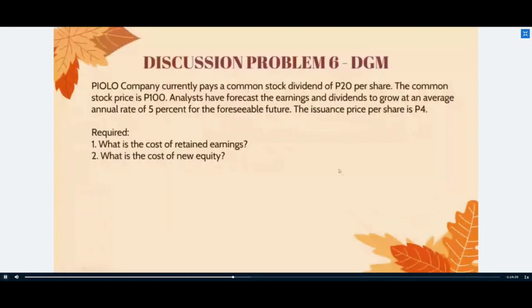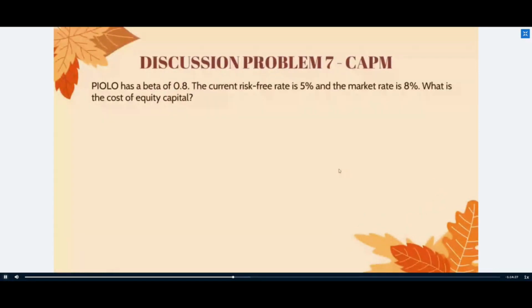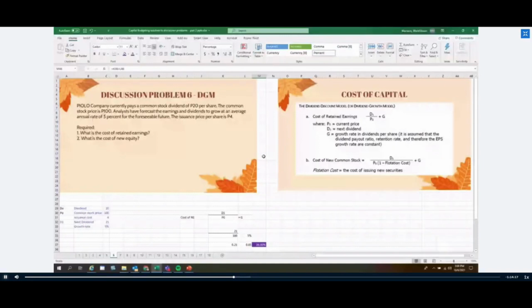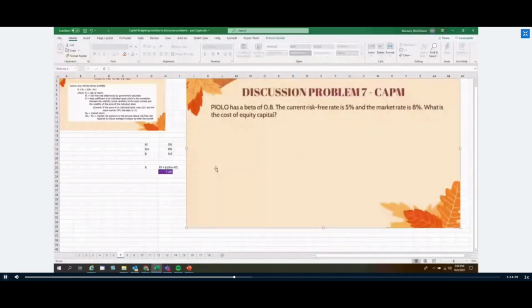So that's DGM. Of course, the next concept is CAPM. Sabi ko kanina, in CAPM, hindi naman natin talaga kailangan alamin kung paano nag-arrive yung sa beta. All we have to do is to make sure na alam natin yung formula. So in that case,